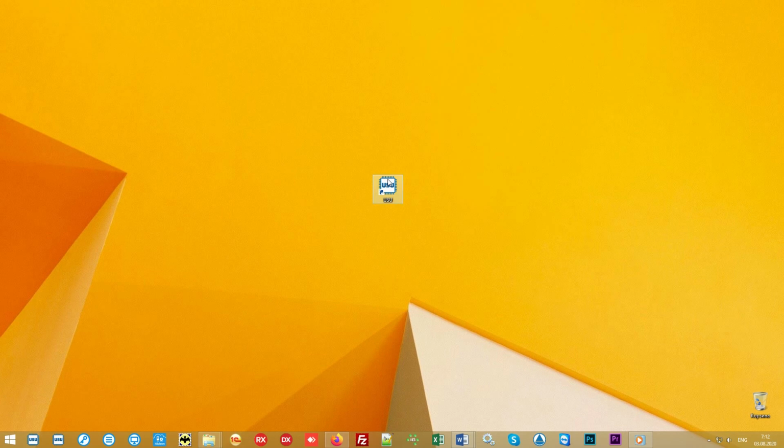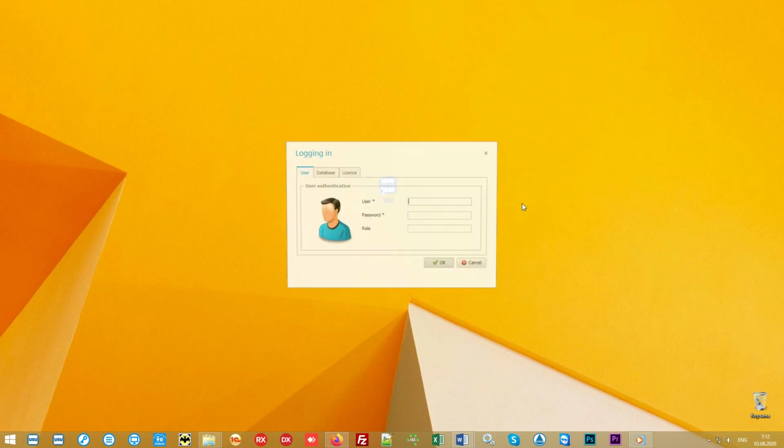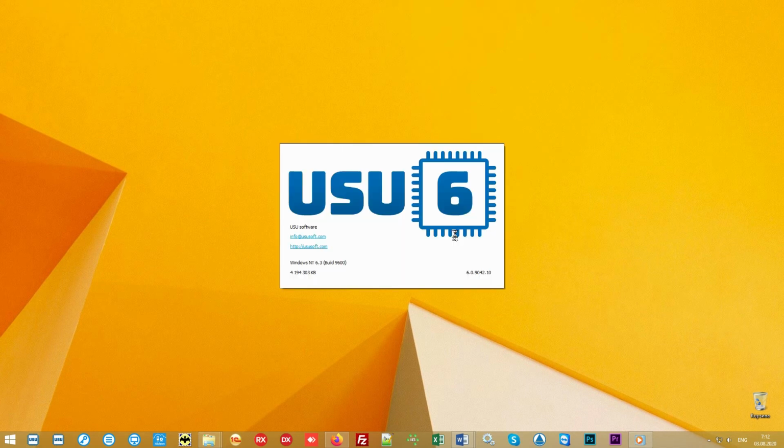The program is launched from a shortcut on the desktop. The login window appears. Each user can work under separate login, which is password protected. Also, each employee can have individual access rights, so that they see only the information that falls within their area of authority. Separate privileges are configured for the administrator of the center and the head of the organization. We will log in under the role Main to see all the functionality.